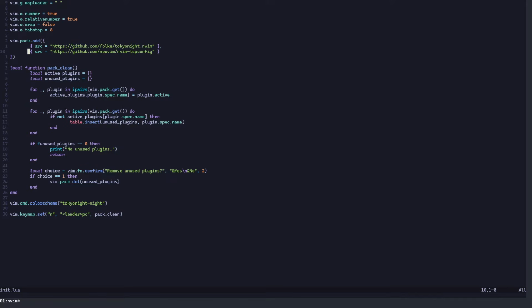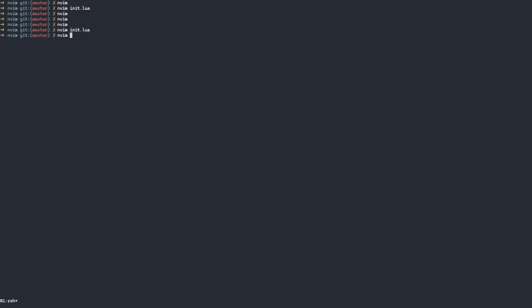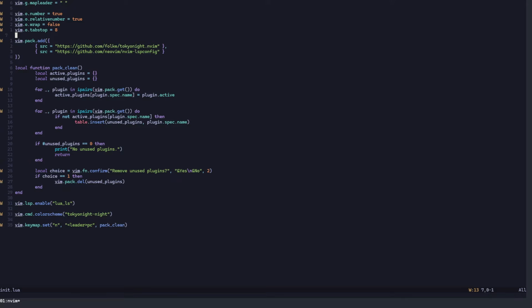We have installed LSP config and we need to enable it for whatever language servers you want. So we can do, for example, vim.lsp.enable. Let's say, which one should we enable here? Let's do Lua, since we are configuring. Init.lua. Okay, so we should have, yes, there we go. We have LSP working,